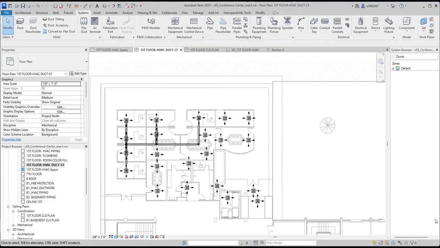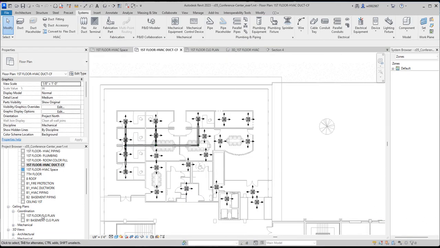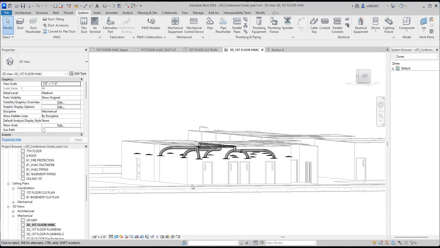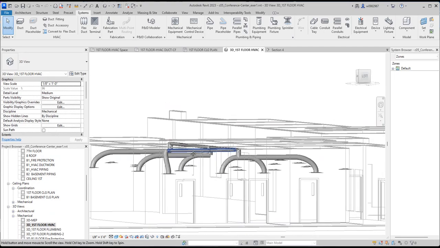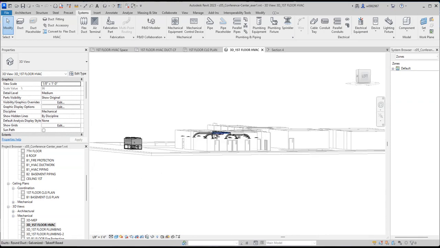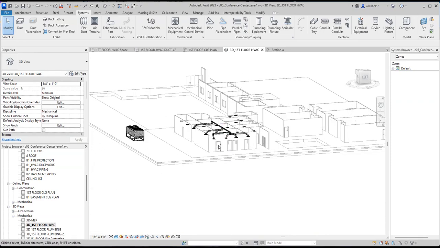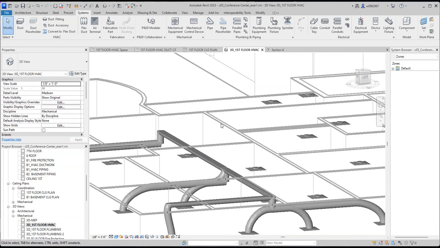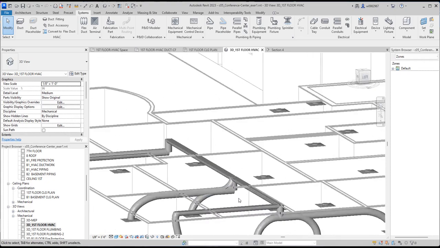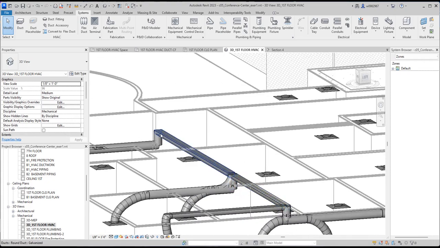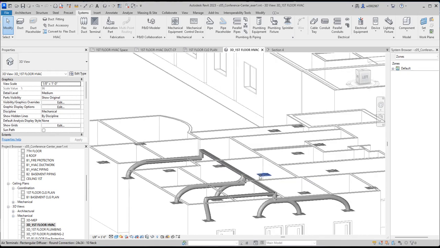There's another problem here. Click OK, and let's go to our ceiling 3D HVAC, and you can now see the model. Just zoom out and change the angle. There you go. So there is something not connected. Oh, by the way, it shows it disconnected here because it shows it flat because